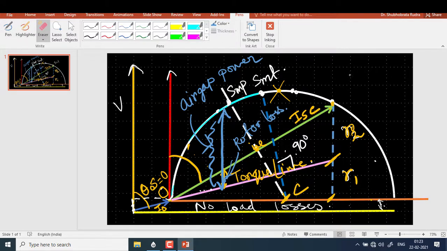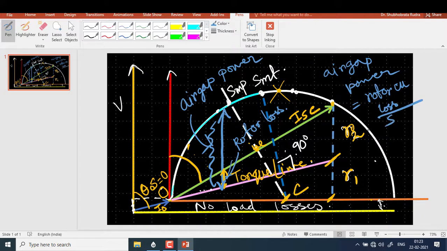So what we know is that air gap power at any slip is equal to the rotor copper loss at that slip divided by that slip value. So if you do this ratio,